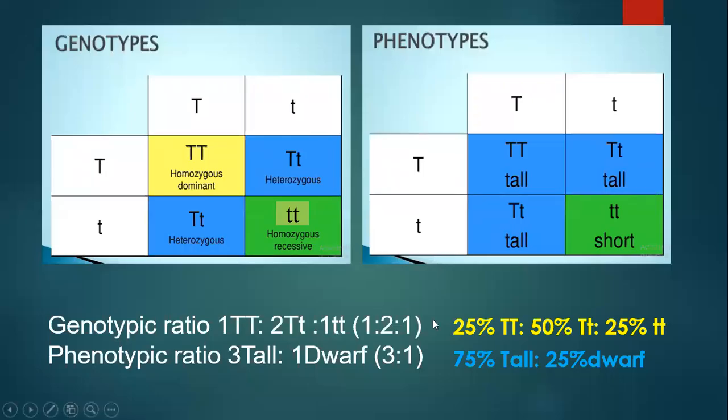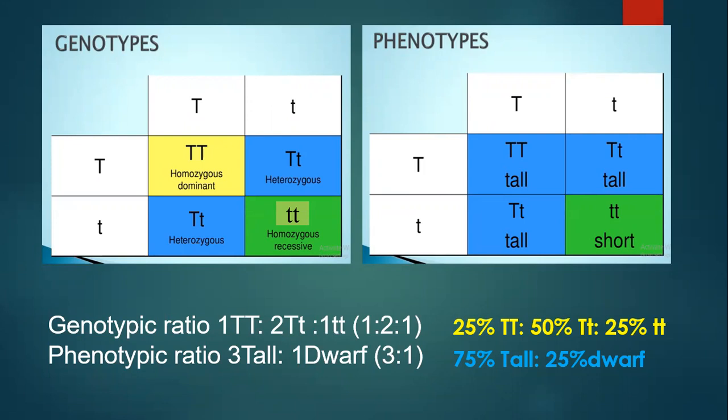Okay, hello students. Up till now, we have seen a monohybrid cross. A monohybrid cross is a cross in which the offsprings are produced by the cross of parents which differ in only one trait. And after doing a monohybrid cross, Mendel derived two laws, that is the law of dominance, in which he said